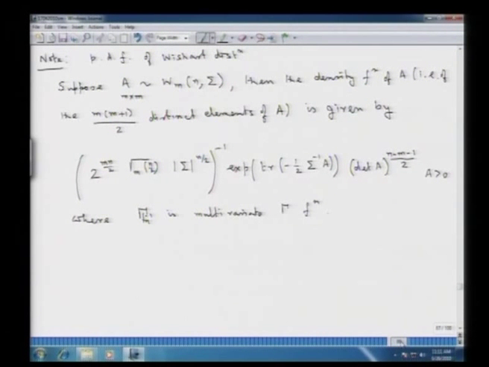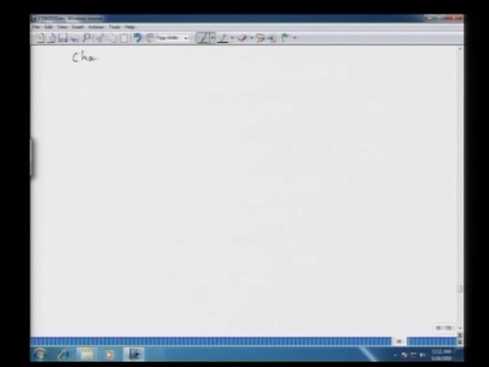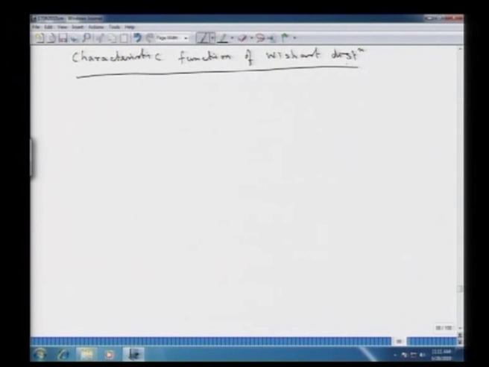Now, the next thing that we are going to look at is the characteristic function of Wishart distribution. So, let us look at how this characteristic function actually looks like. Let me state the result first. Suppose we have A following a Wishart m n sigma, then the characteristic function of A,